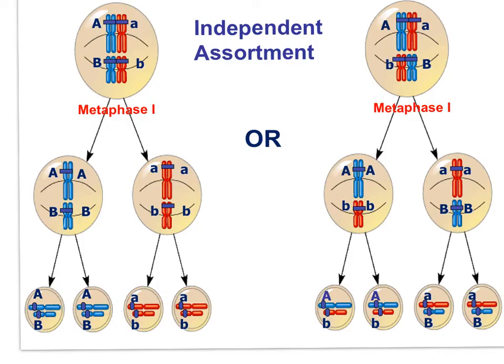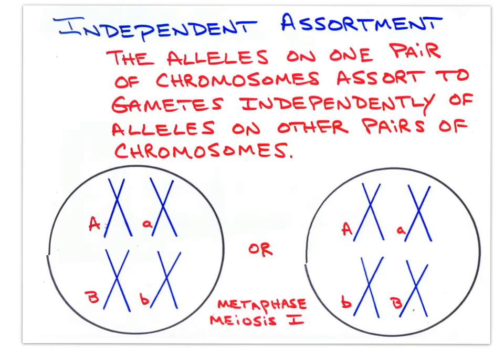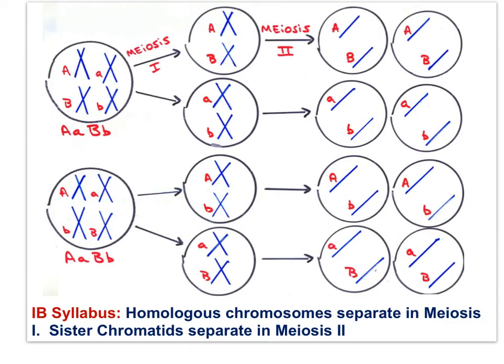Here is another image of two possible arrangements when following two genes on just two different chromosome pairs. Notice the four genetic types among the gametes. Here's the definition of independent assortment. And if you've understood everything I've presented so far, you can see the two possible orientations of the homologous pairs here. And if you can imagine two meiotic divisions, you can see the genetic variety in this simple example. In case you're not sure, once again, here are the two orientations. They both occur when making millions of gametes, and we see the four genetic types of gametes on the right following through two